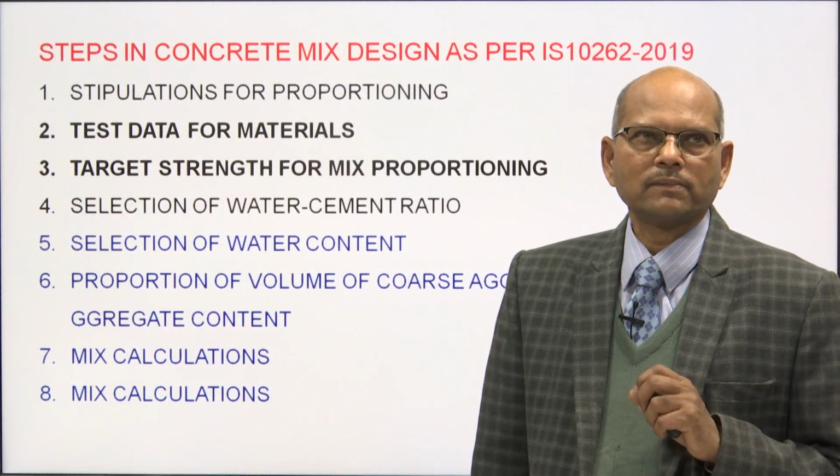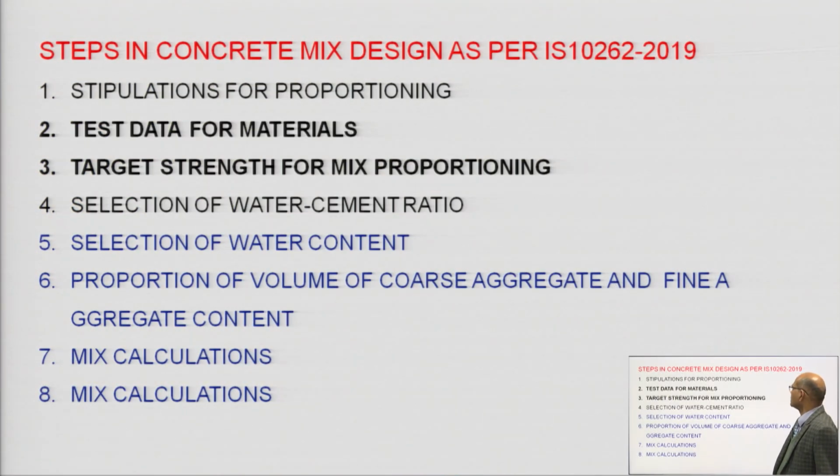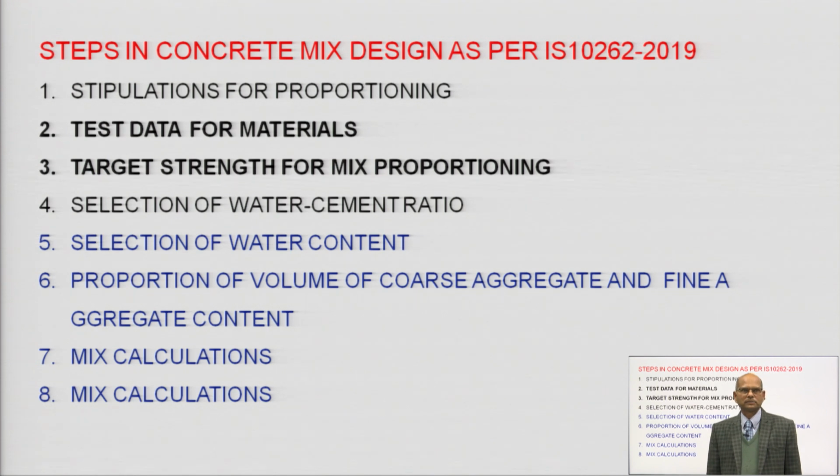Okay. So, these are the steps involved in any mix design. First, stipulations for the proportioning. Different types of data are required, and we are supposed to collect them. Then once we have the data and samples from the field, we go for the tests. We have to perform certain tests and obtain data from them. With the help of test data and stipulations, we will be able to design the values. So, the third step is target strength for mix proportioning. Whatever the target is given, say I want to design M25 grade